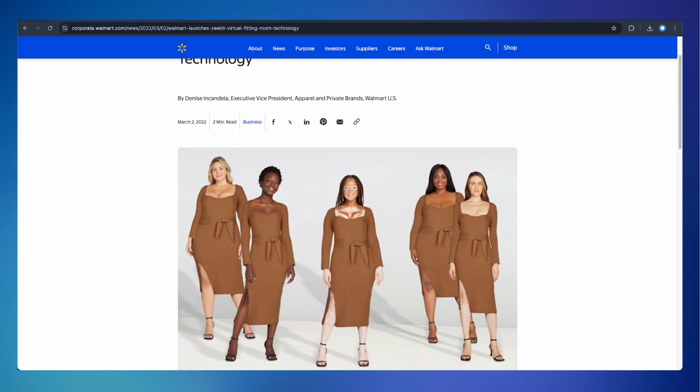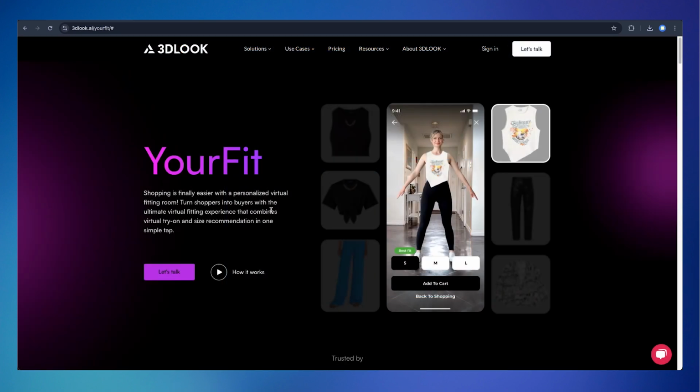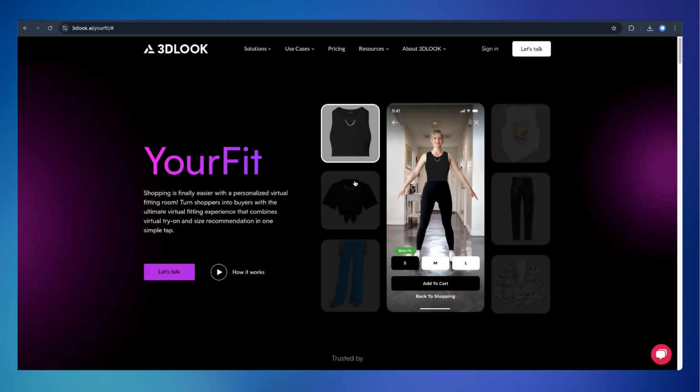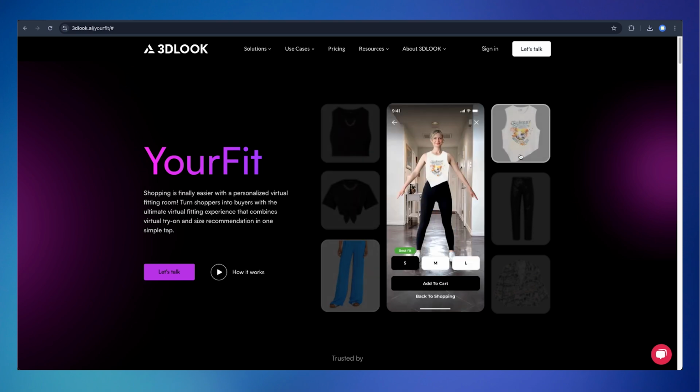So previously, companies relied on a few approaches. Some of the more common ones had you pick a preset model that was close to your size as possible. It could then use that model to show you what the clothes would look like. Another method companies tried, which was a bit more advanced, was guiding you through taking a photo of yourself, and it would superimpose the clothes on top of you. So you kind of get a sense of how you look with it, which worked great and it was fine